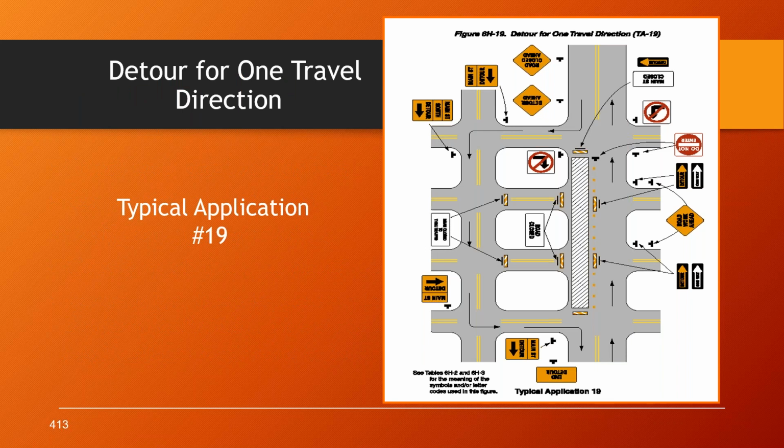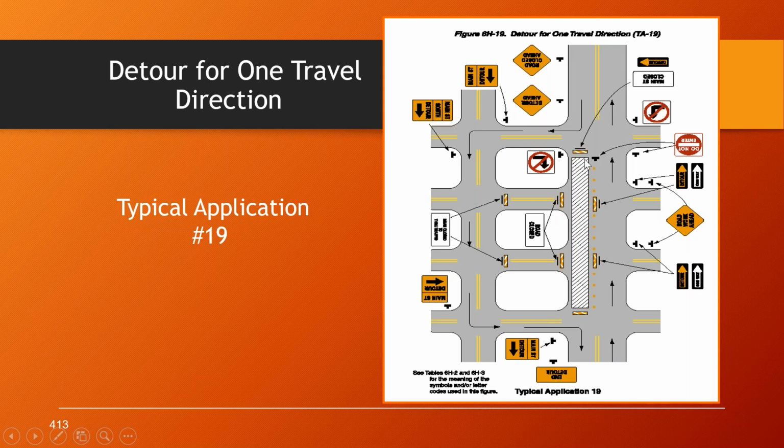So our typical applications really help you out with the proper signage and temporary traffic control devices. So here, for instance, on the screen is typical application number 19. As you can see, it looks like it's in a city or village, and it's called Detour for One Travel Direction. So as you can see on the right side of the page, we're closing one lane on looks like